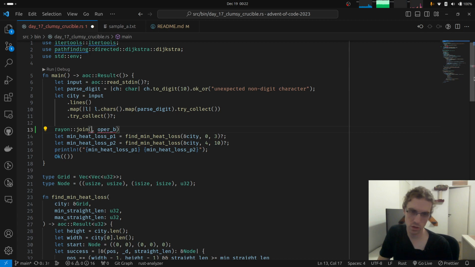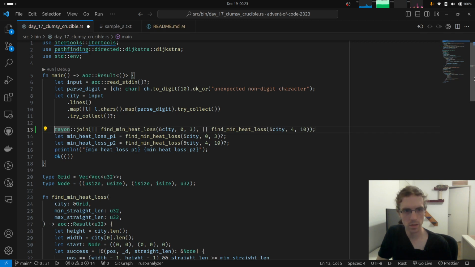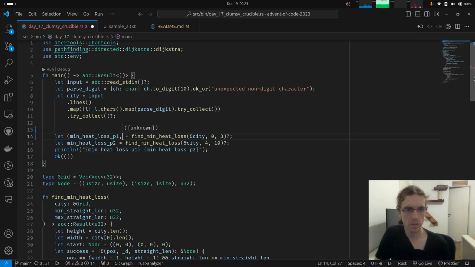So just a thing that does this, and another thing that does that. And mean heat loss part 1 and mean heat loss part 2 can be assigned to a tuple.